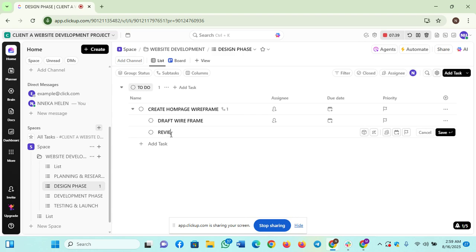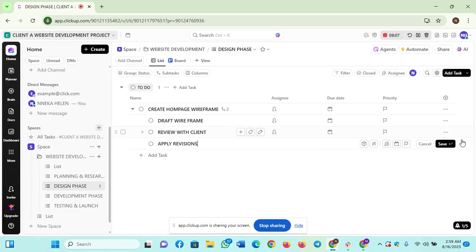So let me go ahead and save. Review with clients. Save. The next one is apply revisions. I will save. So breaking a task into smaller subtasks helps ensure nothing is overlooked and progress can be tracked